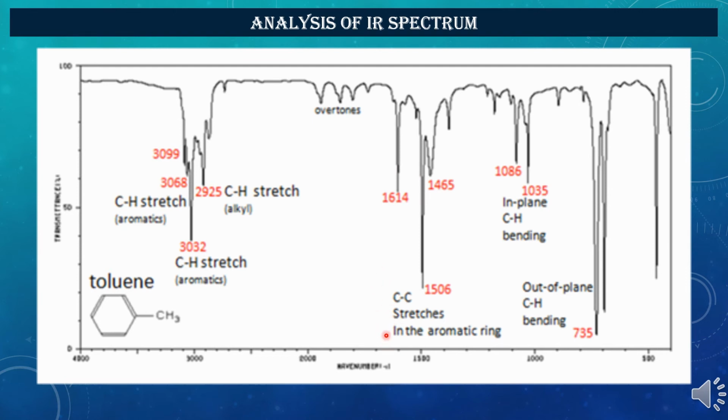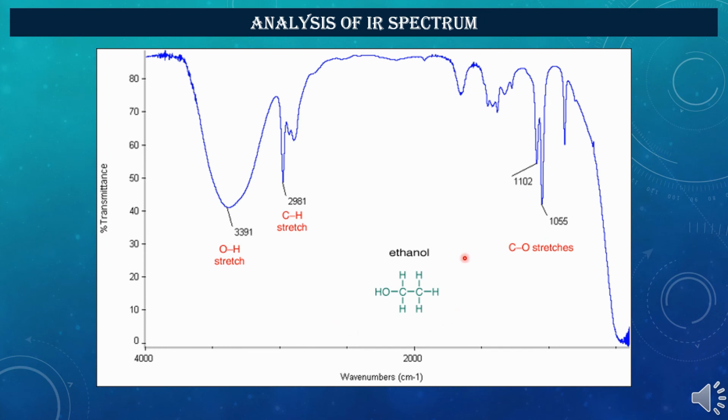As we know that stretching frequency is related to the reduced mass. So if reduced mass is increasing, the stretching frequency will decrease. As in case of CC, the reduced mass is more rather than CH. Thus, the stretching frequency of carbon-carbon bond is lower than that of the stretching frequency of carbon-hydrogen bond. Again, we can see the bending frequency is observed in quite lower side, as if 735 centimeter inverse or 1035 centimeter inverse. One more example I have taken to analyze the compound.